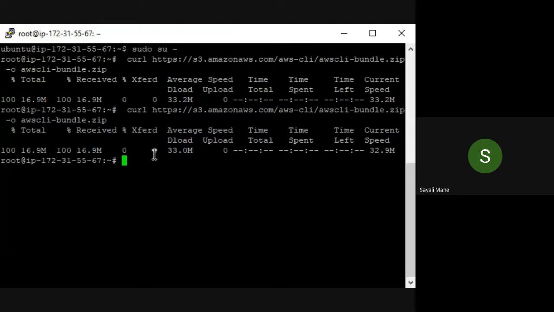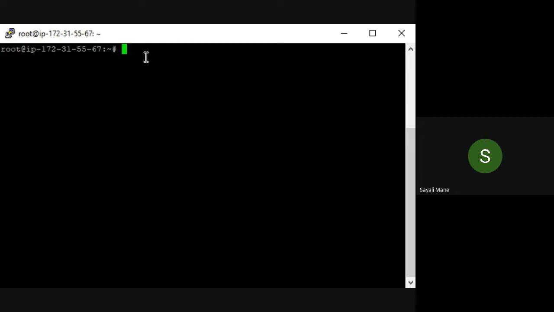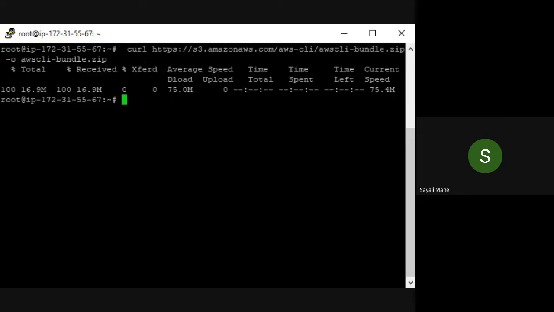You will get this message. I pasted twice, sorry. Just simply copy the first line, that is curl https s3 amazon. Done. So are you getting this screen?